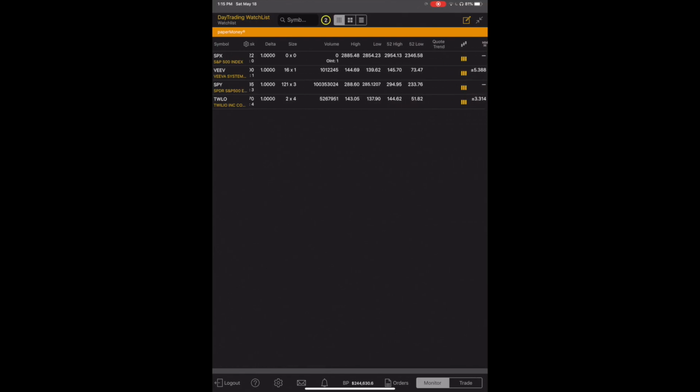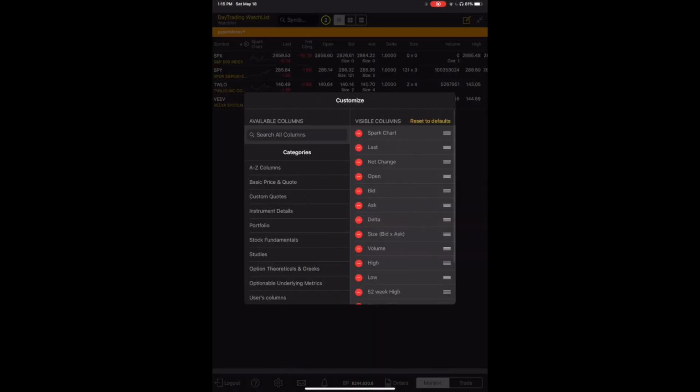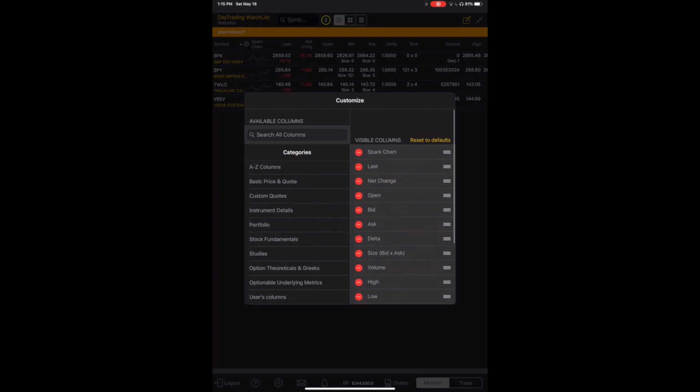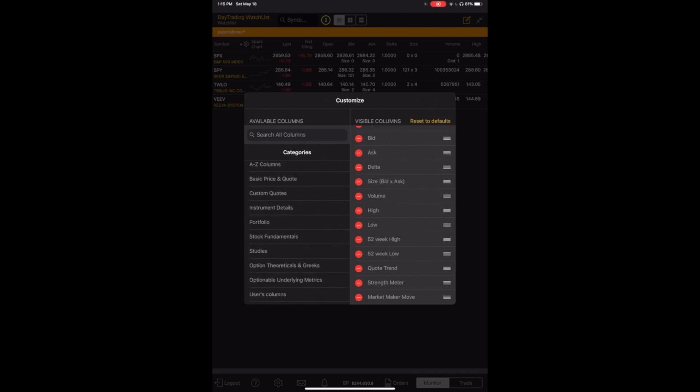You can see here, I can customize this ribbon as well. I can add all kinds of things. And this is really in depth. If you go into a lot of different fundamentals, you have lots of potential to add to this ribbon here. It's very default at the beginning, but if you wanted to add theta or something else that's complex related to options or futures, MACD, some kind of value, like if you're looking for some type of study,